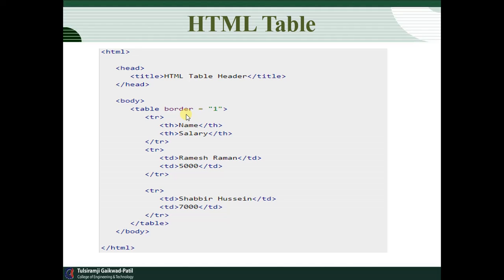So if you want to increase your border, if it is 2, then the thickness of that border increases. Okay, in this way you can increase your border. What does border indicate? Border is an attribute and 1 is a value. Already I have discussed that a table has the attribute border and its value. Now, by using the table tag we are going to create a table having the border attribute and its value. Now we need to create the first row.